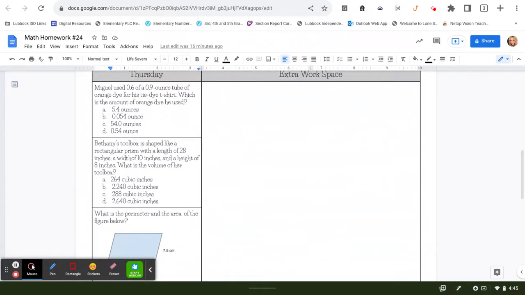Okay, next. Miguel used 6/10 of a 9/10 ounce tube of orange dye for his tie-dye t-shirt. Which is the amount of orange dye he used? Okay, so this is a multiplication problem. It's 6/10 of 9/10, just like when we're multiplying